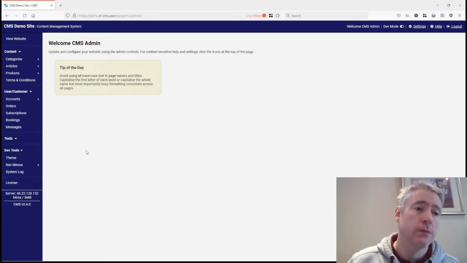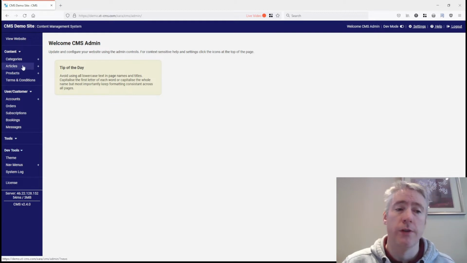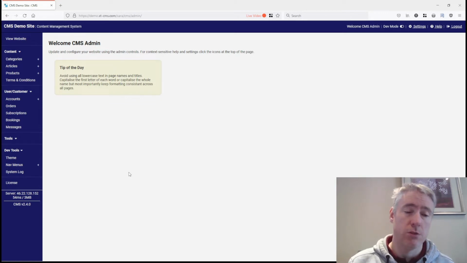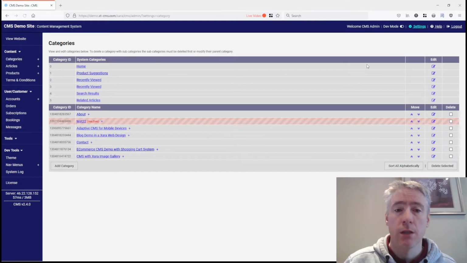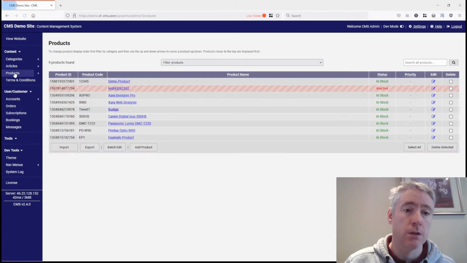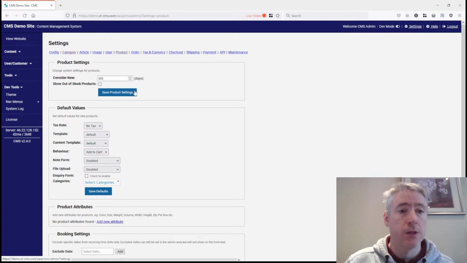So to begin with, the menu on the left over here has been refreshed a little bit. It just looks a little more tidy, a little bit more modern than what was in the previous version. It's subtle, it's not a big difference, but it is just a bit tidier. The settings has been moved from here up to the top right, and this is context sensitive. So if you're in the categories area and you click on settings, it will bring you to the category settings, and if you click on, for example, products, and you click settings, from there it'll bring you to the product settings, and you can access all the different settings from up here as well. So that's been changed.